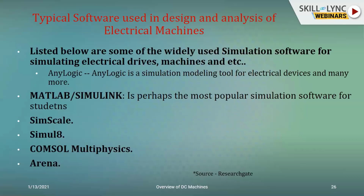And to design all of these, first we need to talk of the software that we use, because it is not practically possible to design anything in real time and then change it again and again if there's a mistake. So to make sure that is not happening, we first design and do the entire mathematical modeling and analysis in a simulation platform. And once that is satisfactory and validated by the experts, only then